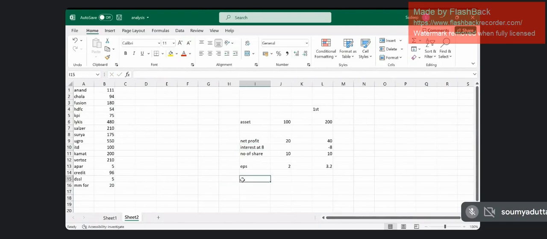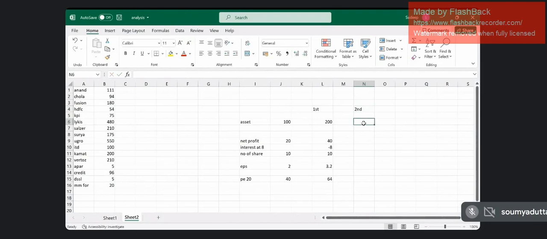Now let's say your company has a P/E of 20. So here your share price is 40. Here it is how much? 20 into 3.2 is 64, right? Now in the second scenario, you are not going for debt, but you are raising